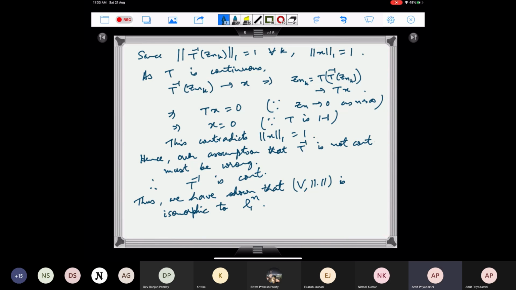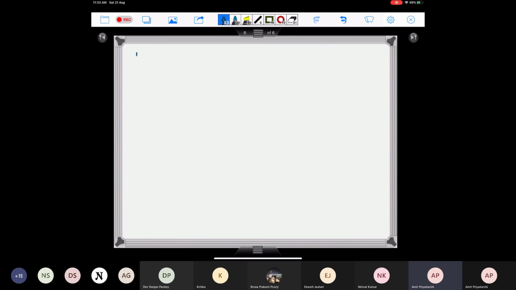So if we have any two norms, then both are isomorphic to it. So if norm 1 and norm 2 are any two norms on V, then